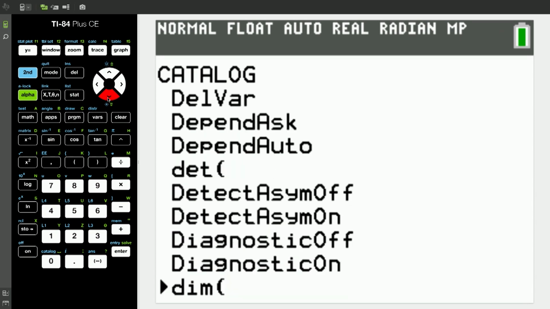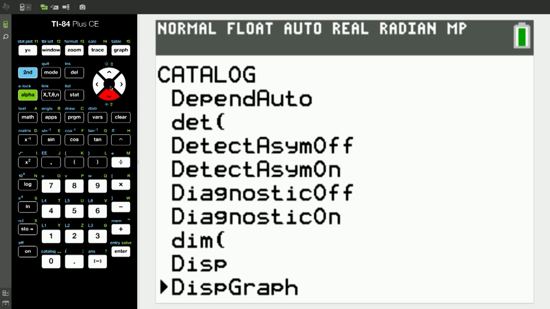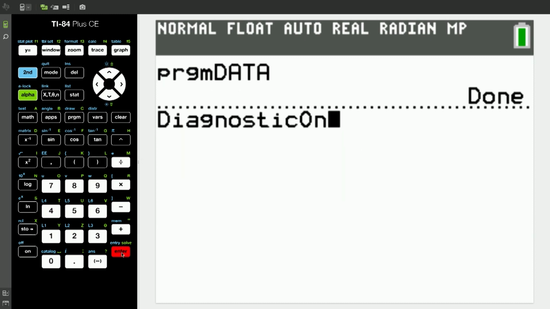The other nice thing about the emulator, it slows you down. Whoops, I just went too far talking. So do you see diagnostic on versus diagnostic off? If your diagnostic is off, it will give you your one variable stats, it will give you your regression equation, but it will not give you correlation. And since we started with 6th grade, we're trying to end with high school and carry it through to regression, okay? So what do I do when I say, calculator, please do this for me? Hit enter to turn it on.